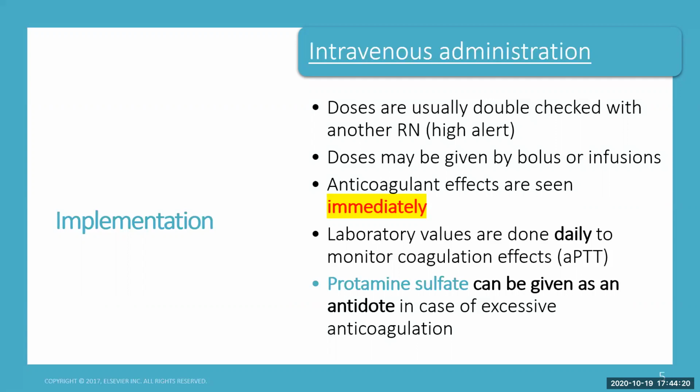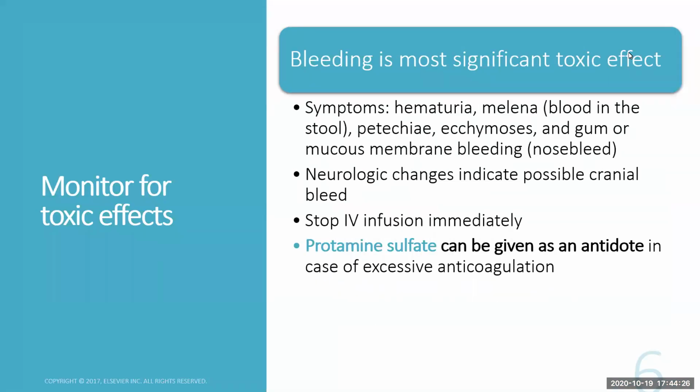If we have too much anticoagulation, protamine sulfate is our antidote for this. The most significant toxic effect with heparin is bleeding. Most of the time, we're worried about the intracranial or intra-GI bleed. But if you start to see hematuria, blood in the urine, melena, blood in the stool, you notice a lot